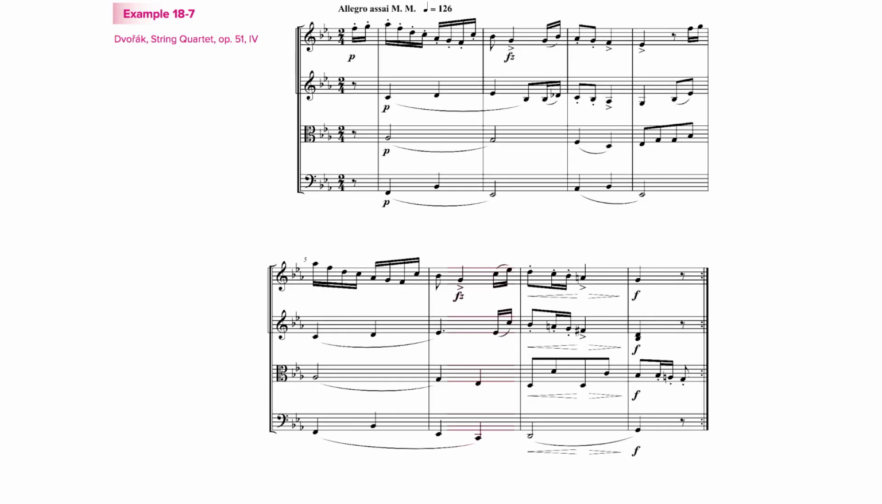As a last example, I want to talk about this string quartet excerpt. Let's listen to it. In this excerpt, there's a modulation from E flat major at the beginning to G minor. We can understand that if we look at the changed accidentals and the dominant 7th chord in